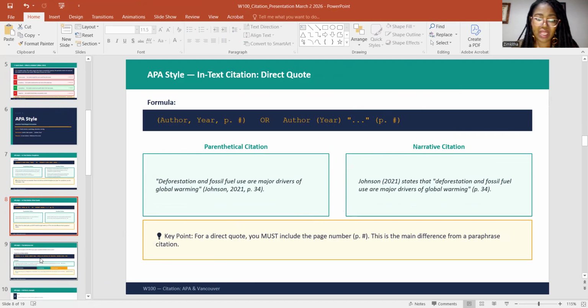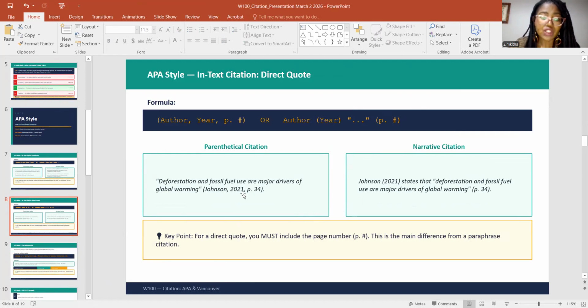Direct quote. Now, the direct quote is not very different. The only difference is that we add the page number. Be careful: not all journals or websites have page numbers. But if you are using a journal with a page number and you want to use a direct quote, you need to include the page number.